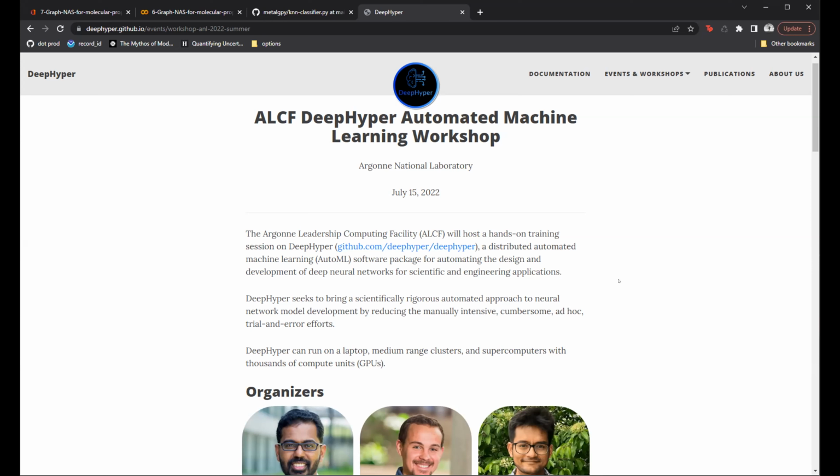So please take a look at the documentation. Please take a look at the repo code and comment, make changes. And more importantly, if you are willing to contribute, please do. DeepHyper is a community effort, and there are a lot of interesting things happening, as you have seen, and we can't wait to add more people to the team. It is open source with a permissive license. So please come in, contribute, use it, break it, and let us know you broke it, and we can take it from there.